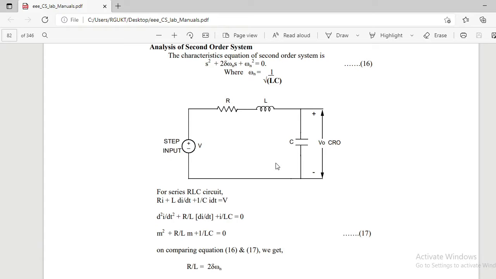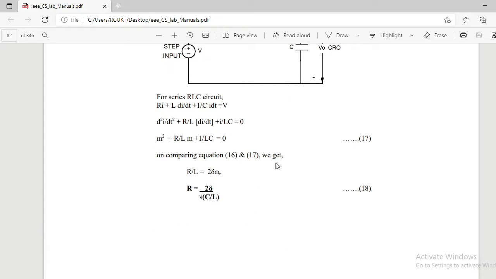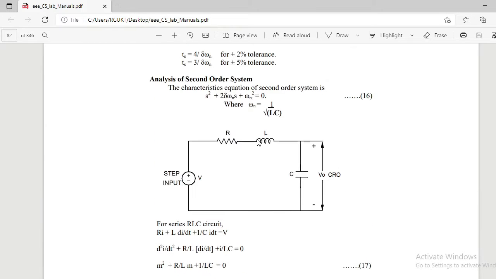Next, what do you need to do? Again, you change the zeta value. If zeta is equal to 1, then what happens? The system is said to be a critically damped system. Then you get some R value. Fix your RLC circuit to that R value, and the remaining are all the same. In this way, by changing zeta, you need to find the R value and observe the output with the help of your digital CRO for each and every case. We have 4 cases: undamped, underdamped, critically damped, and overdamped. For each case, we need to observe the output from the CRO like this.